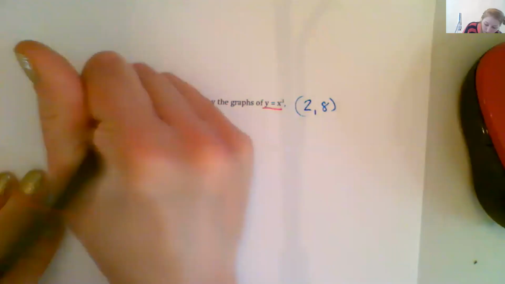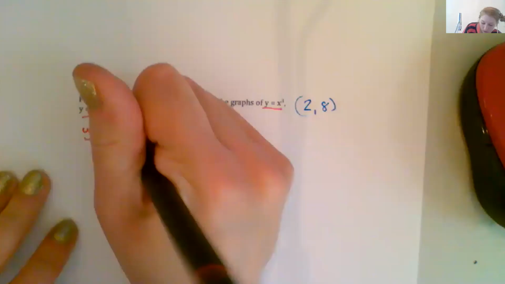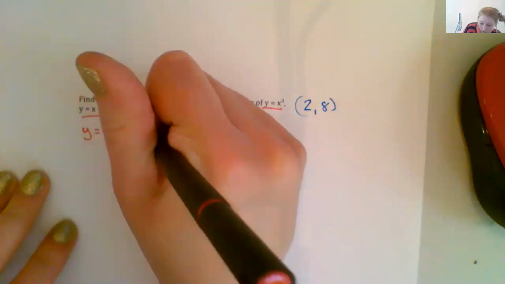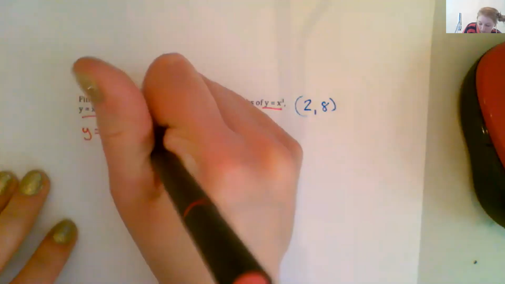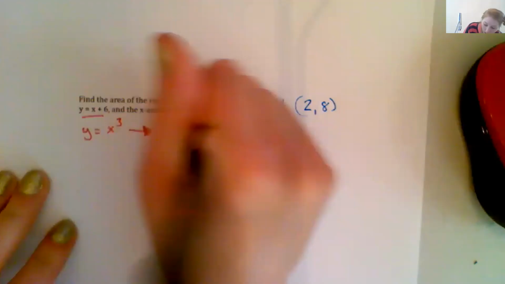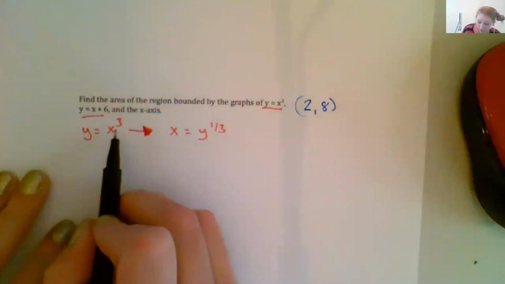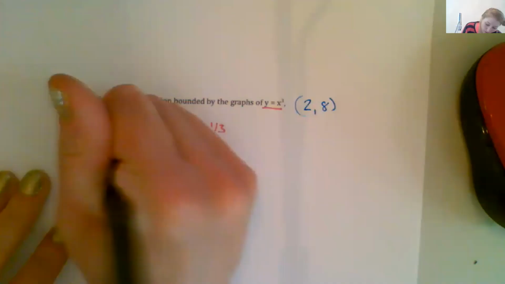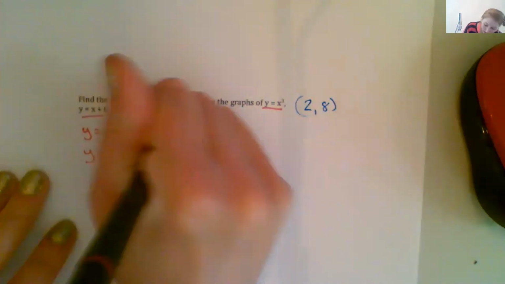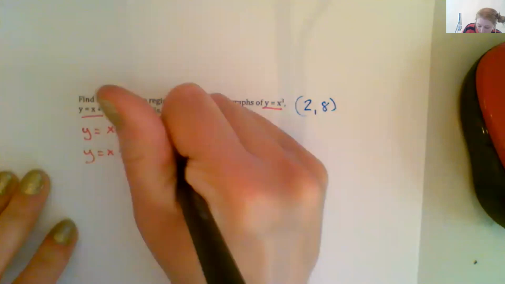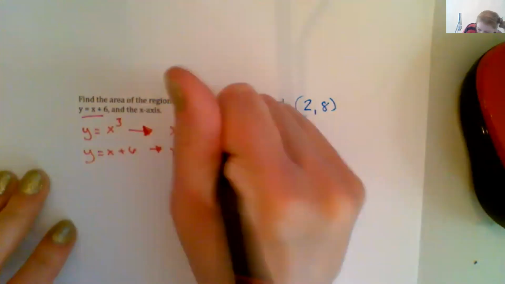So y equals x cubed is really the same as me saying x equals y to the 1/3. So essentially I'm taking the cube root to get rid of this, okay? If I have y equals x plus 6, that is really the same thing as x equals y minus 6,